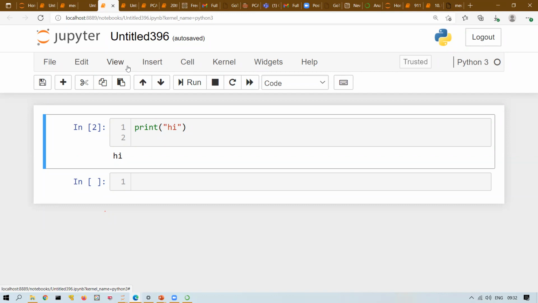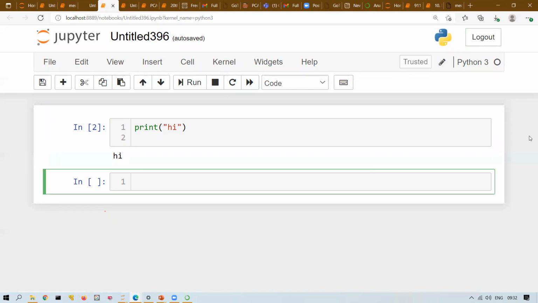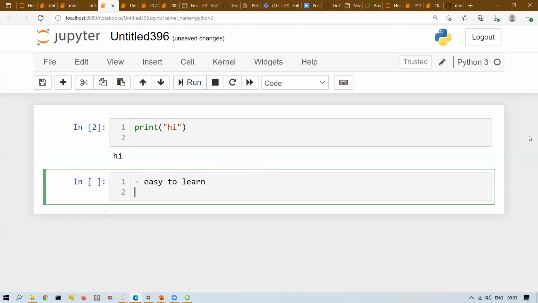So before we start, why do you think Python is so popular? What are some of the reasons? It's easy to learn and understand. Yes, huge libraries. Correct. It is easy to learn because we have a lot of library support, and hence it is easy to learn and use. Any other reason? Interface with other technologies.